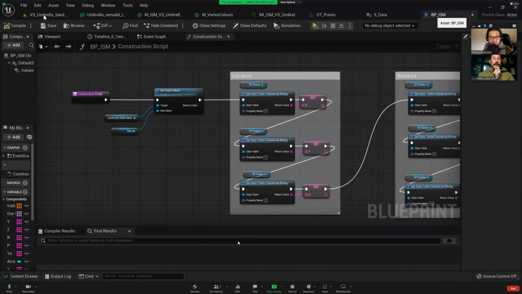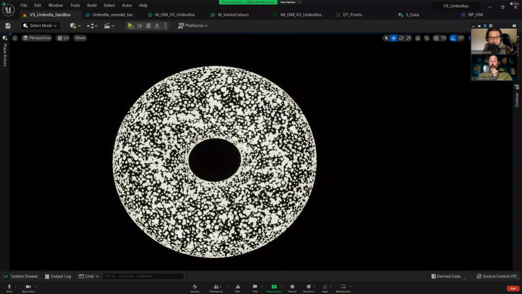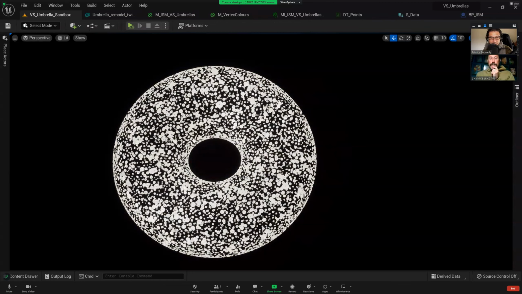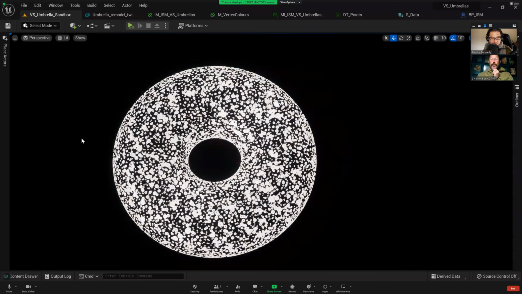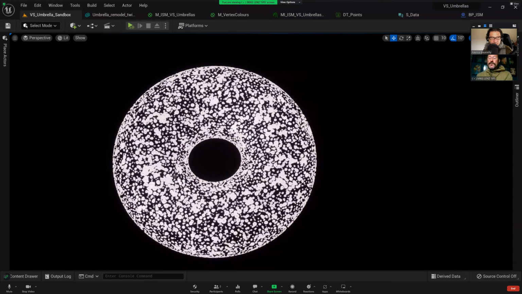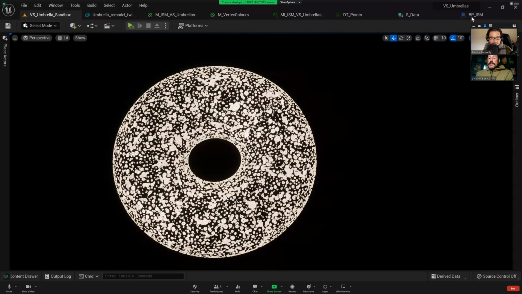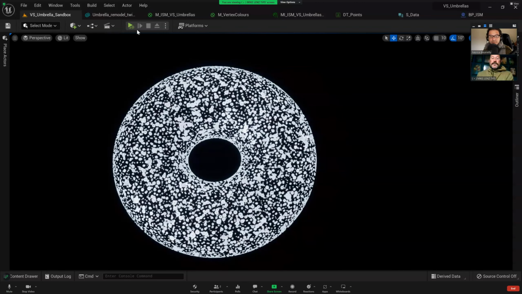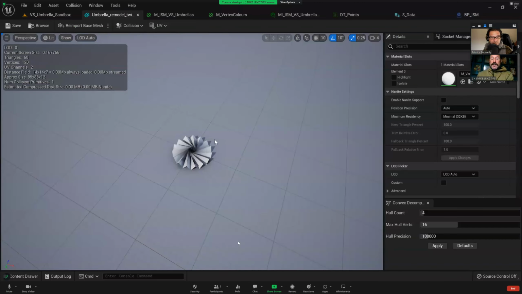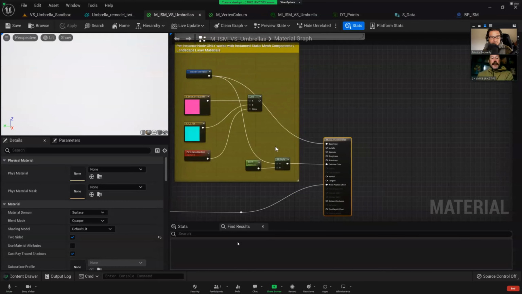Now, in terms of how we then worked with those data points, in the export that Fabrice gave me initially, we were working with 5,800. This is what I then used to create the blueprint that uses instance static mesh. And within that static mesh, I have a mesh which is then instanced in that blueprint. And subsequently, this mesh is used as a basis from which to create